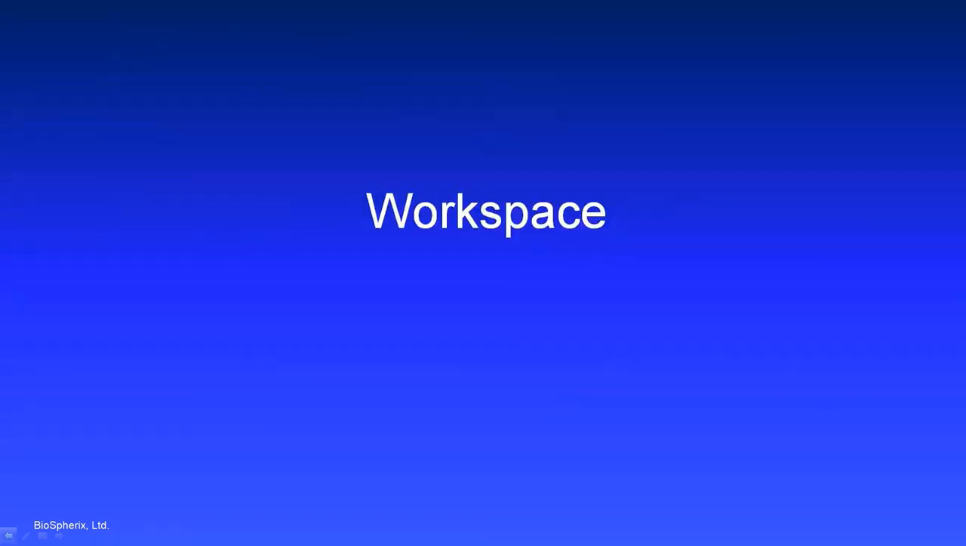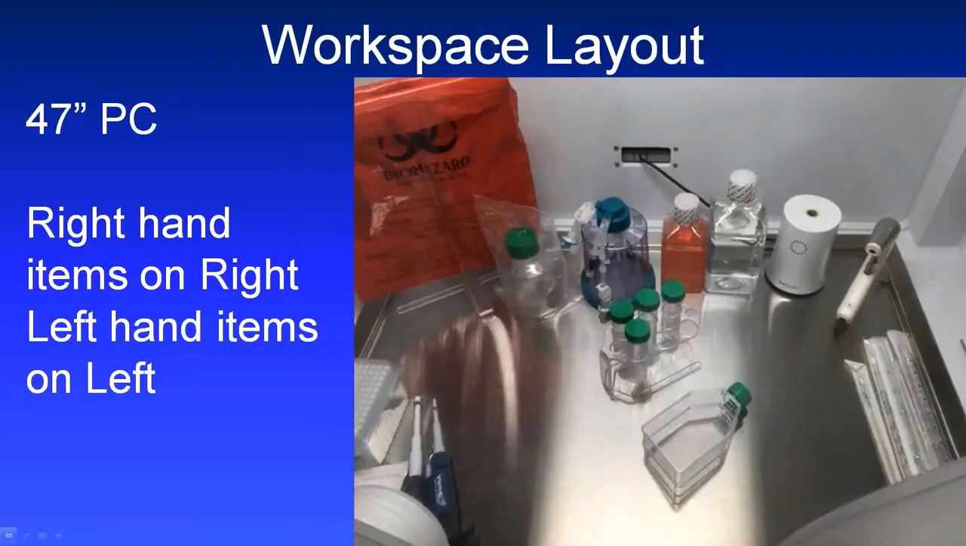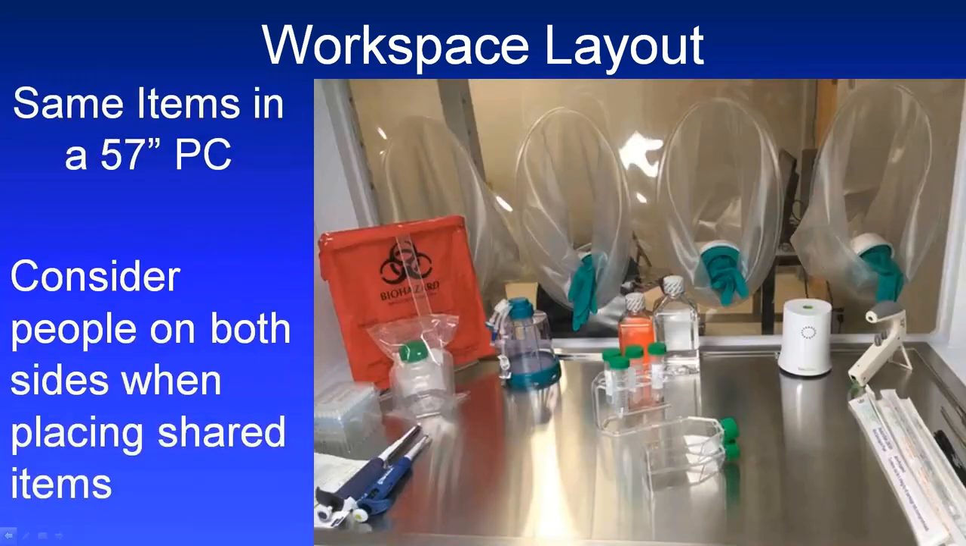Let's talk about workspace layout. This is a photo of a 47-inch processing chamber, and it has some typical cell culture processing items laid out in it. Now, as you work with things in a biological safety cabinet, you learn to put things for your right hand on the right-hand side, things for your left hand on the left-hand side. But things might be a little different when you're working in Xvivo system, particularly if you have gloves on both